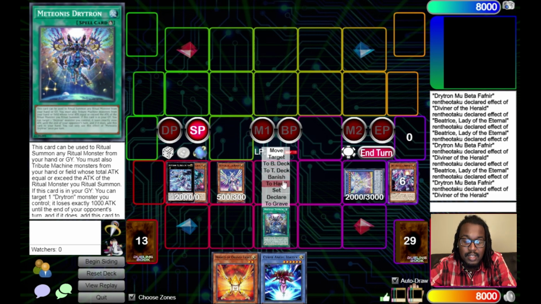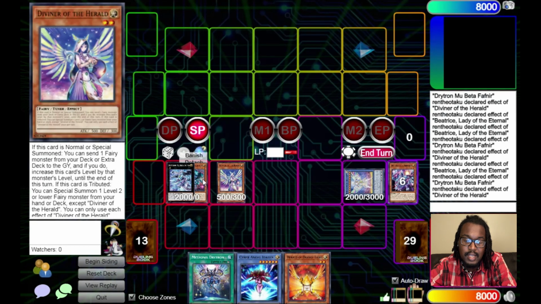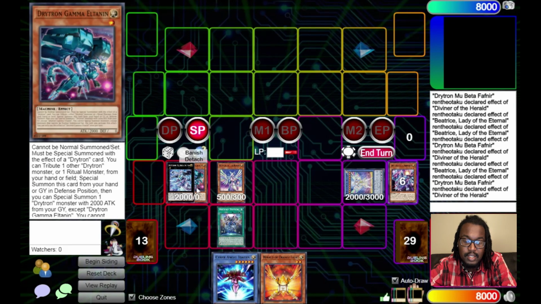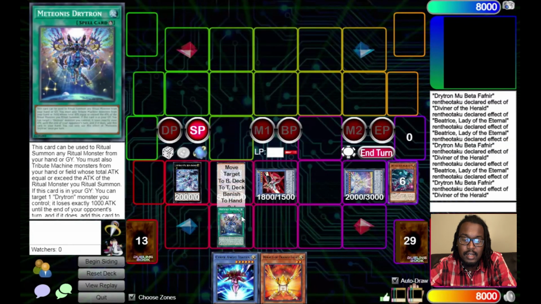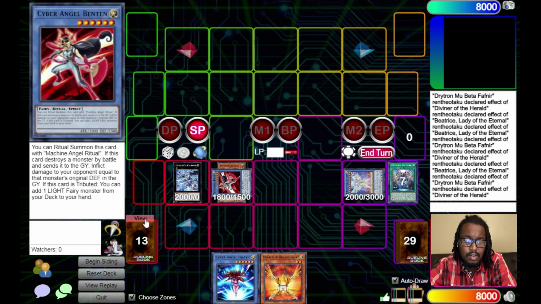And then you will use the Meteos Drytron effect in graveyard to target the Mu Beta to add it back to hand and debuff the Mu Beta by 1,000 attack. Which then will proceed to play Meteos Drytron again, detaching the last material on our Mu Beta to summon out our Idaten in defense. Oh, I'm really tired. I can see that now. I'm very tired. So overlay those two